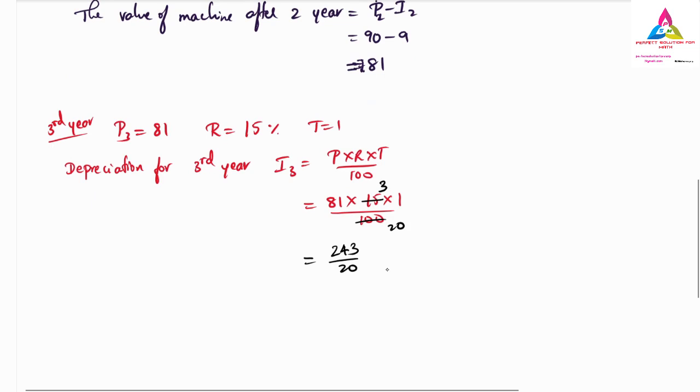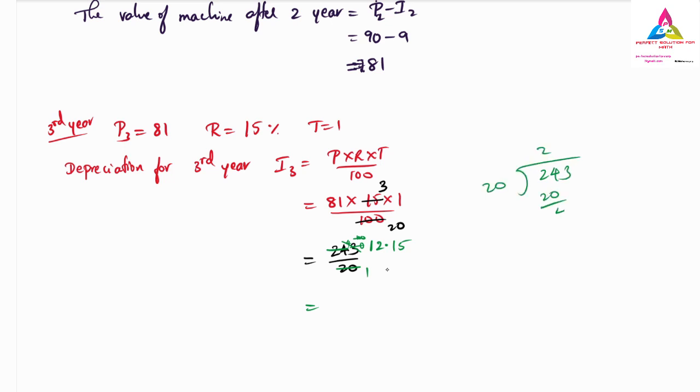So next, continuing, here we can do the calculation. 2 1s are 2, 2 2s are 4, 4 will remain, then 3, so 20, so 2 2s are 40. Okay, then 3 will remain, so you will take a point, and we will take 0, it will become 30. So 2 1s are 20, 10 will remain, again you can take 0, so 5 2s are 100. If you do not like this way of calculation, you can go for 243 divided by 20, and here also